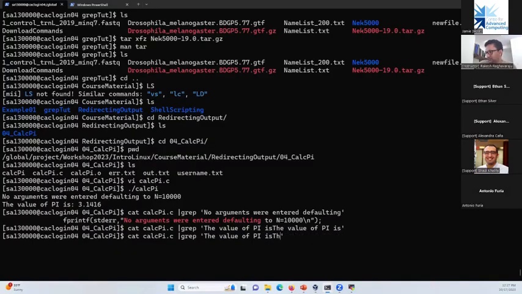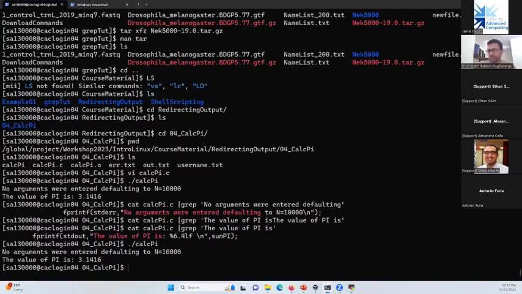So this is the output that's going to the standard out, and it's calculating some value of pi and essentially printing it out. When I run this particular executable, which I compiled from the source code, it's printing everything to